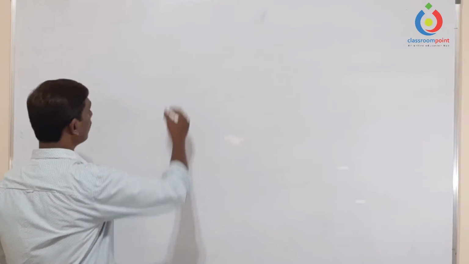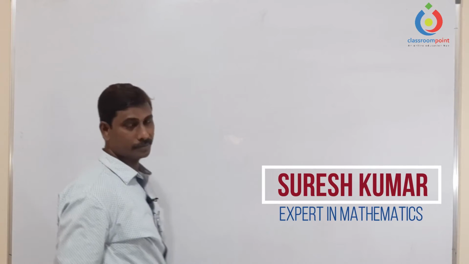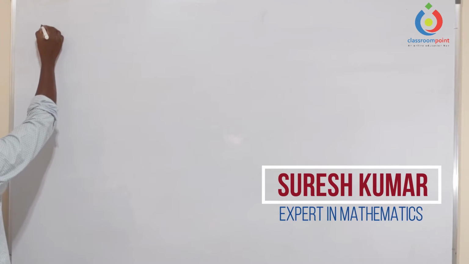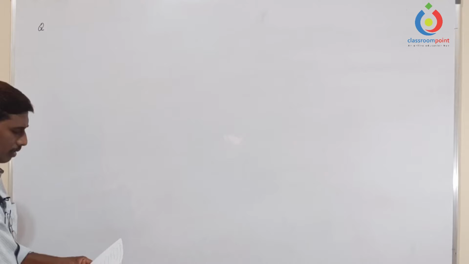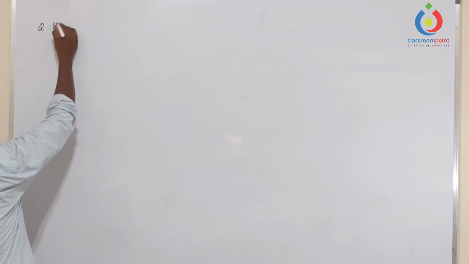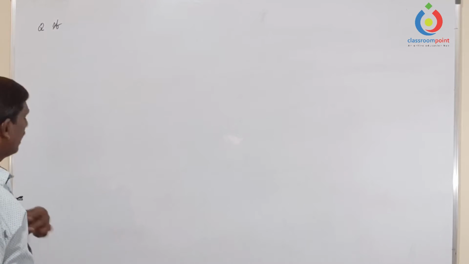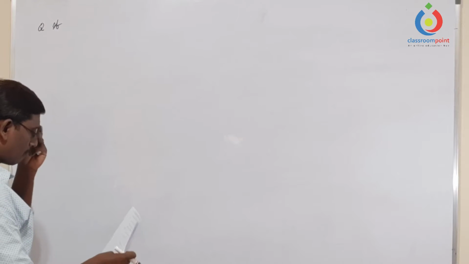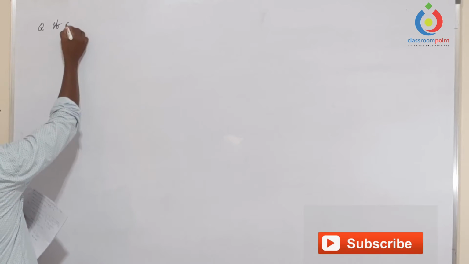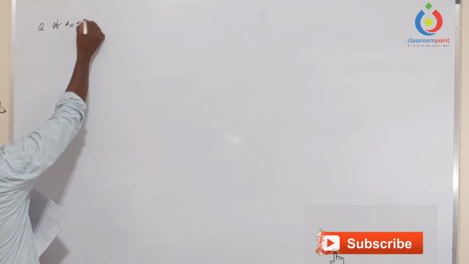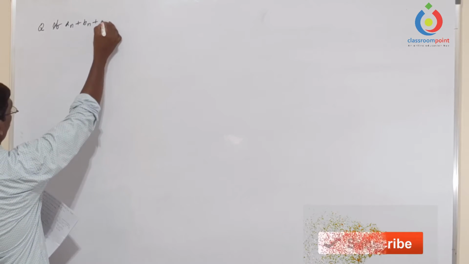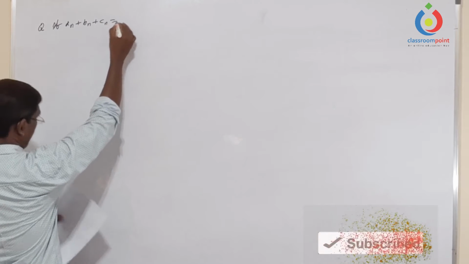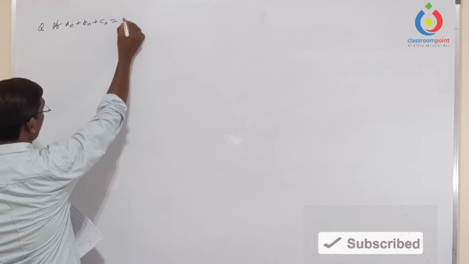Limits, 7th session. One problem we have: if an plus bn plus cn is equal to 2n plus 1,